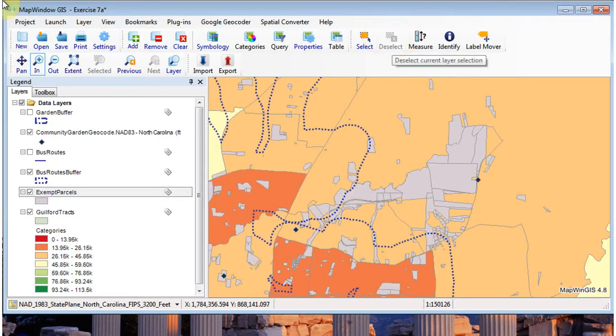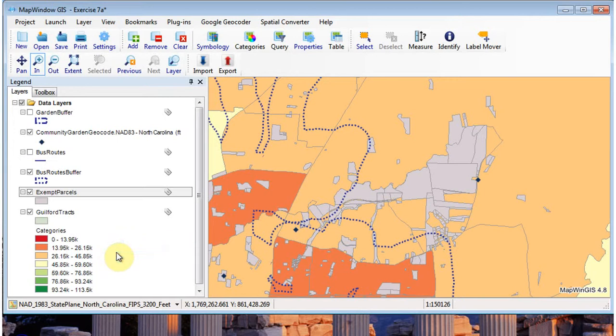Our final query is actually going to be the trickiest, because in this case what we're going to be doing is we're going to select parcels which fall in low income census tracts. So the first thing we have to do is select the census tracts which are low income, and then we're going to select the parcels which fall inside the selected census tracts. We've arbitrarily decided that the census tracts which are going to be considered low income are the bottom two scales here. So it'll be anything under